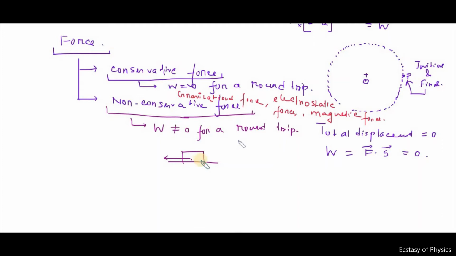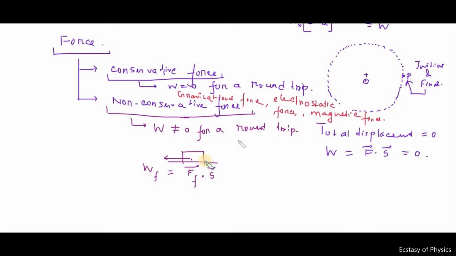That is not going to remain in the system; it is dissipated from the system during its motion. So work done due to friction, we can define as frictional force times the displacement, and that work done will also be counted. Whatever forces are responsible for producing this type of work done, however the total displacement is 0, this frictional force will be responsible for doing a certain amount of work,